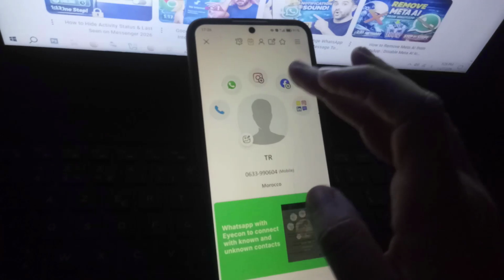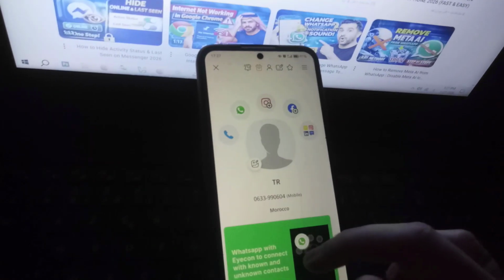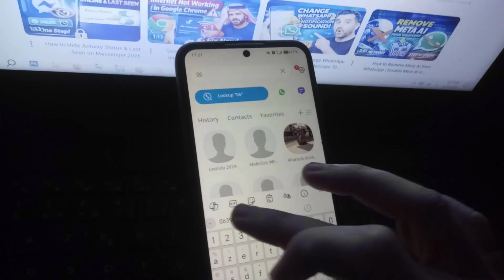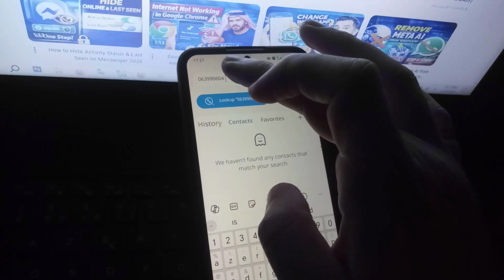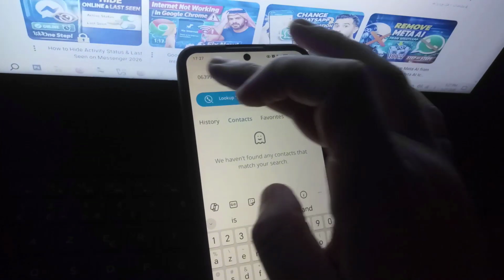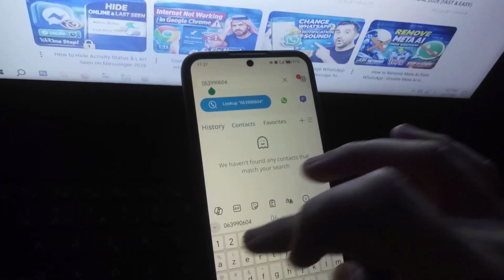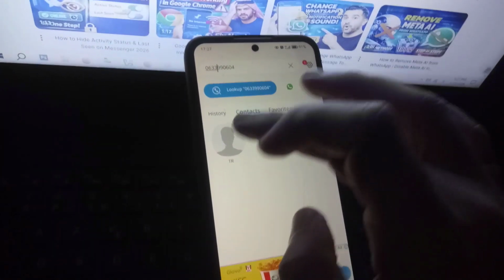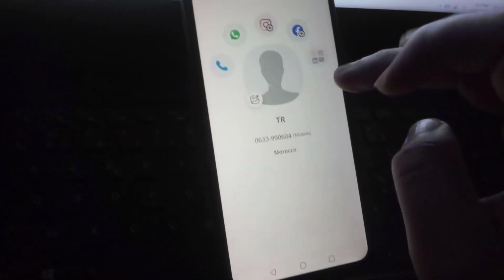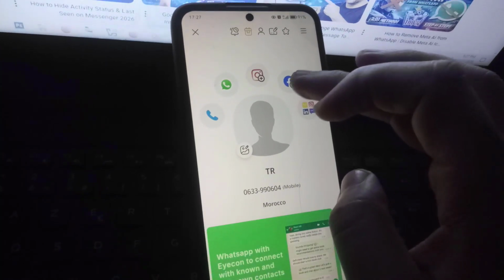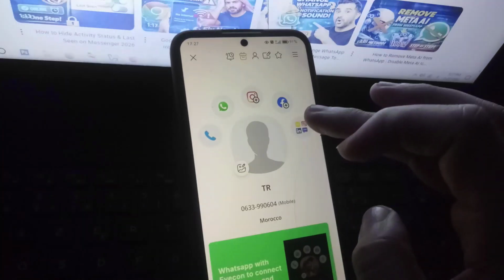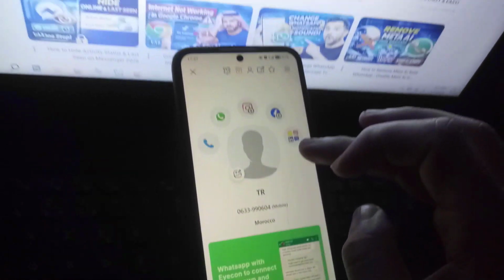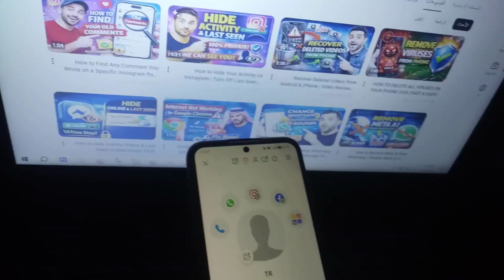But if you don't have them saved in your contacts, just click here on Search for Numbers and Contacts and type the number whose Facebook account you want to find. For example, I will type this number. After typing the number, click on Search, and in a few seconds, it will find their Facebook accounts. As you can see, if you click here, their Facebook account will appear, and here, their Instagram account will appear. Continue following the same method, and God willing,